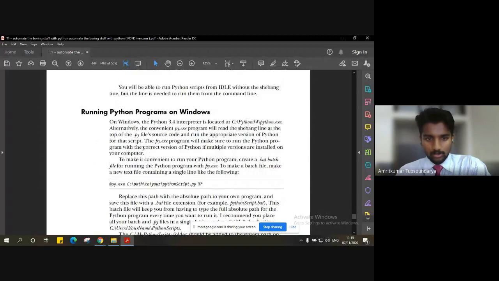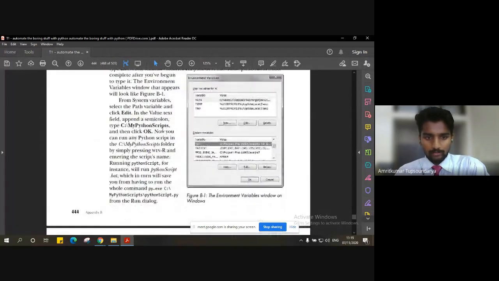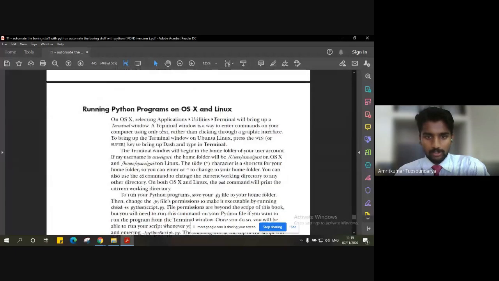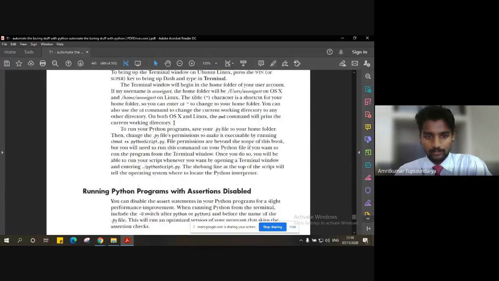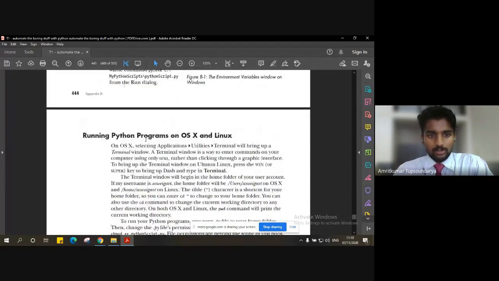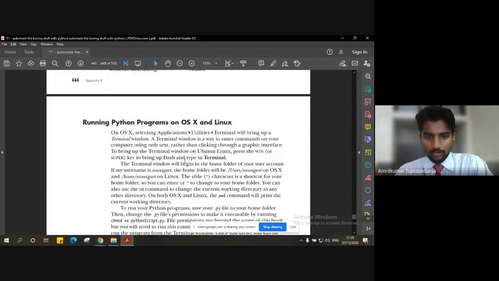Now answering your question, Viba, running Python programs on Windows as well as on different platforms. So here is Appendix B. You can visit and see according to wherever you have stored your Python application, right? So that depends. You can learn here how to execute it. Right. So this is just the normal way. I mean, how you execute, how you make use of terminal or text editors and those things. You can execute a Python file in these operating systems.